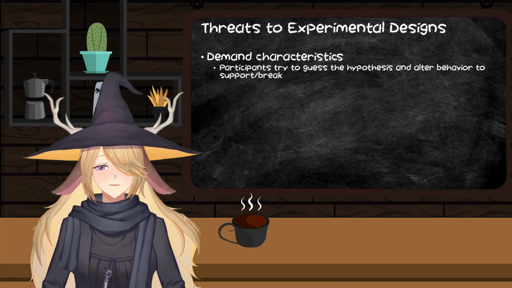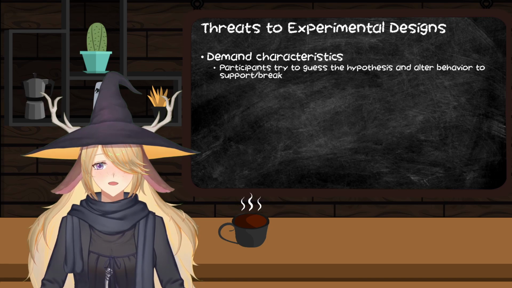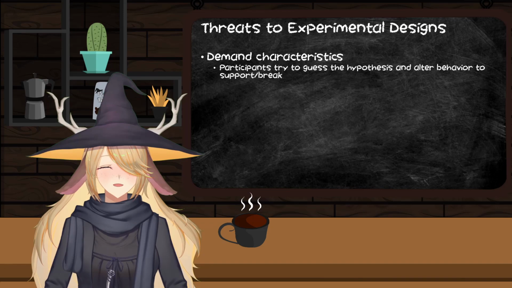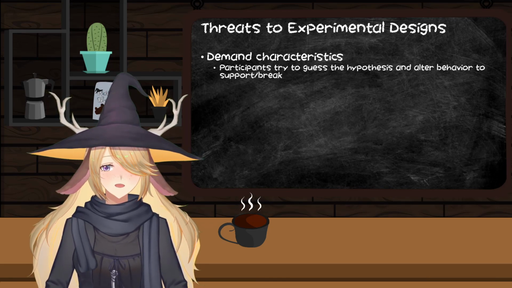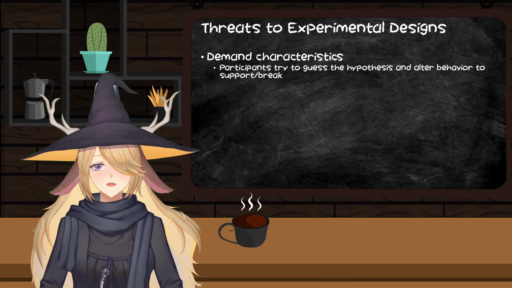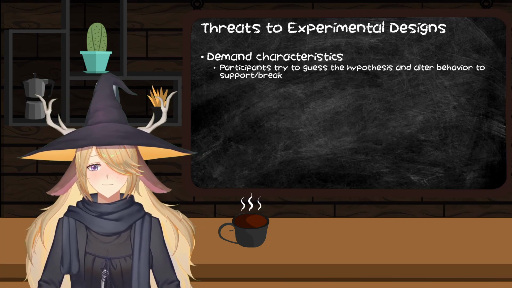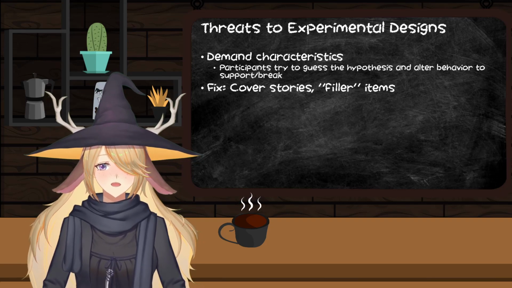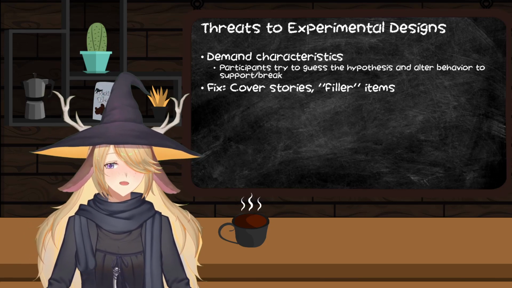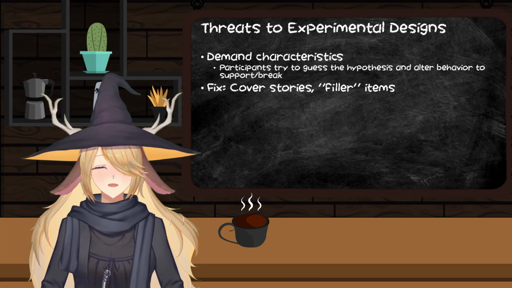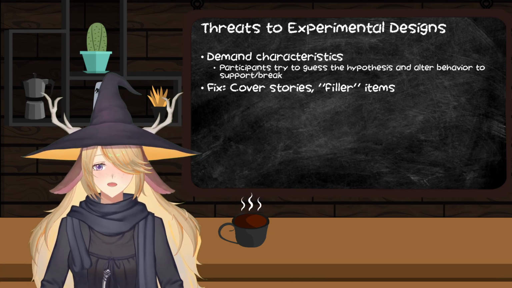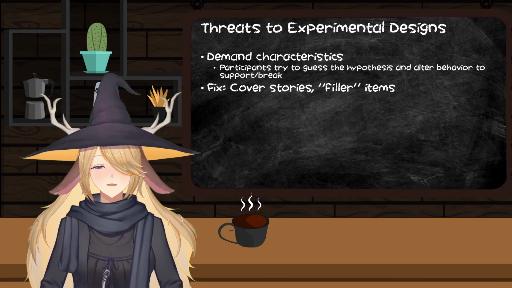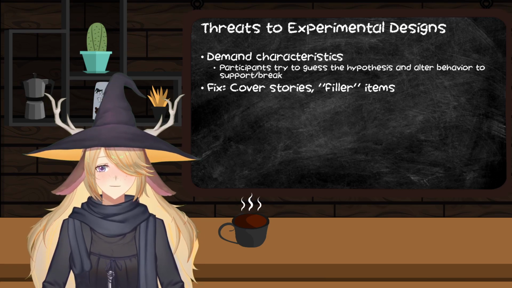It's a constant problem, and it's why we have to come up with cover stories and mislead people in experiments because of this exact concern. If people know what we're trying to measure, they can make the conscious decision to either give us evidence in support or refutation of what we're doing. Hence the cover stories and sometimes filler items, where maybe in that survey you're filling out, you've got 20 items, and I may only be interested in 3 of them. The other 17 are filler to make you question whether or not you actually know what the study is about.